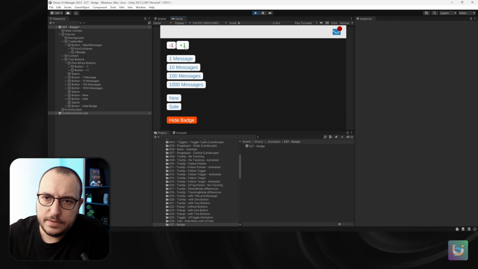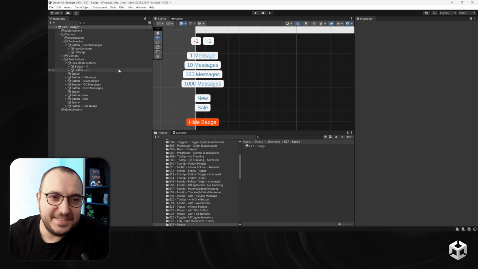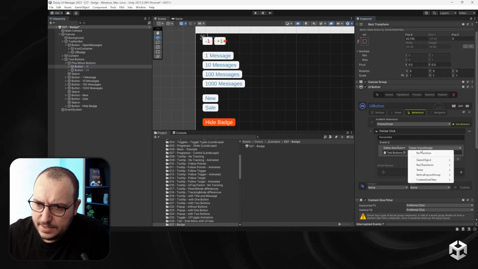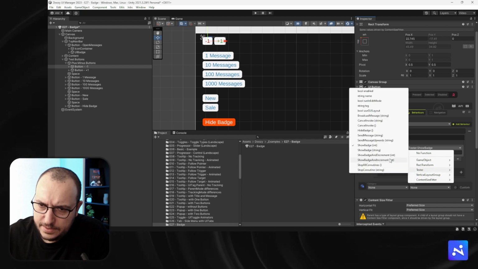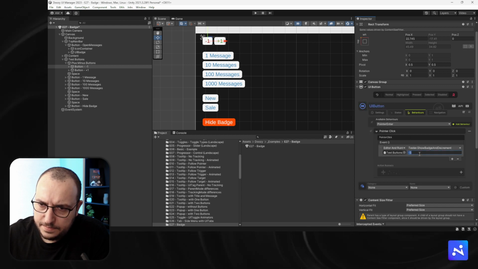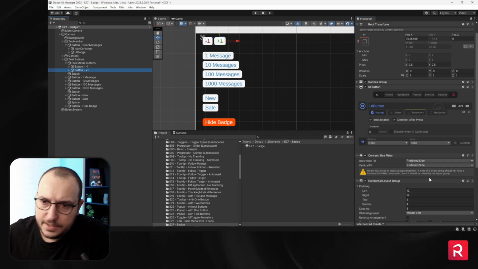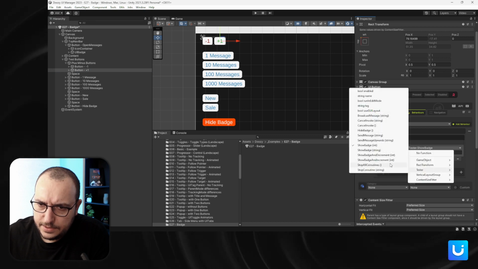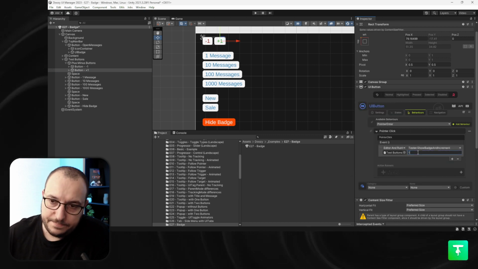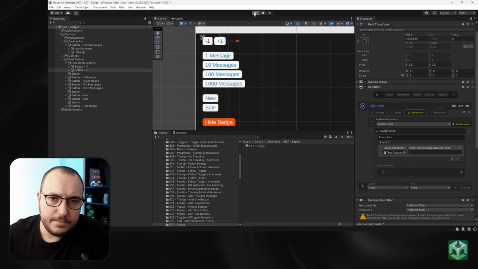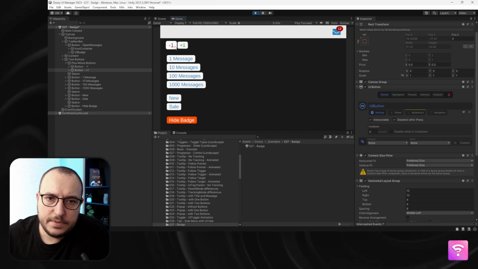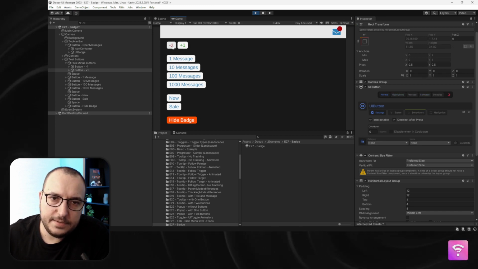So plus. I forgot to set what they should do. So for the minus, I'm going to say tester decrement by 1, and here I'm going to say tester increment by 1. All right, let's enter play mode, and now I can increase this and decrease it, of course, and that's the